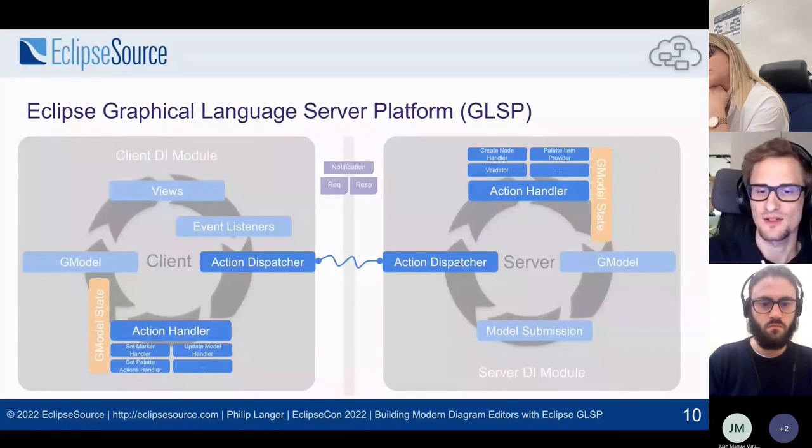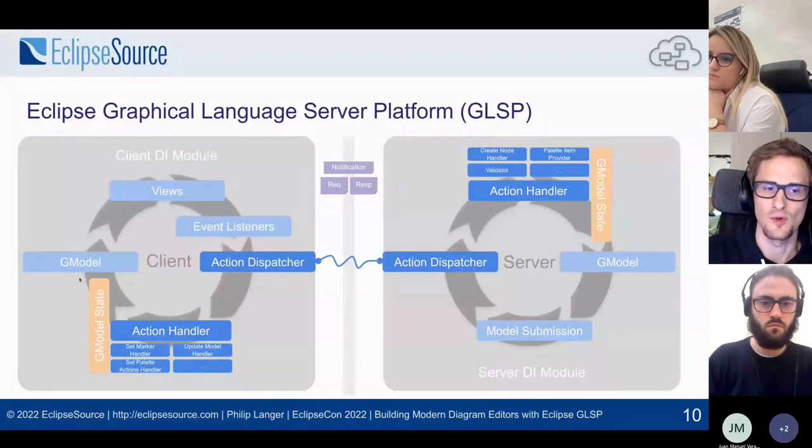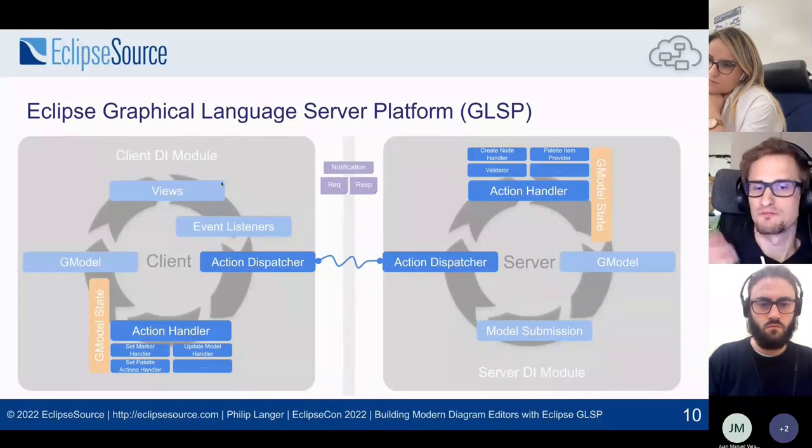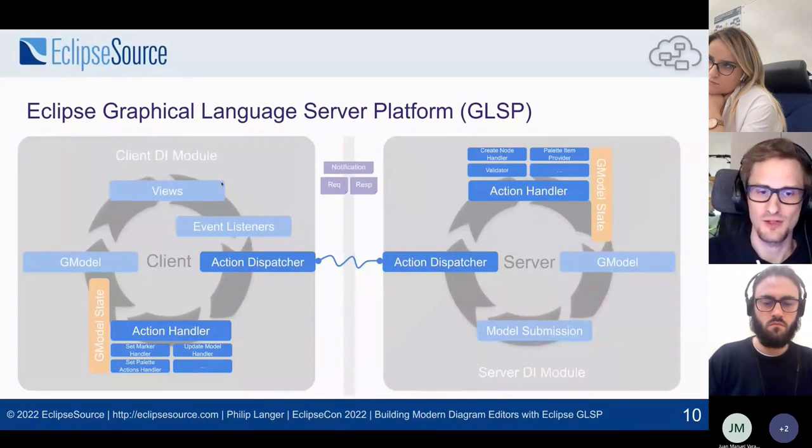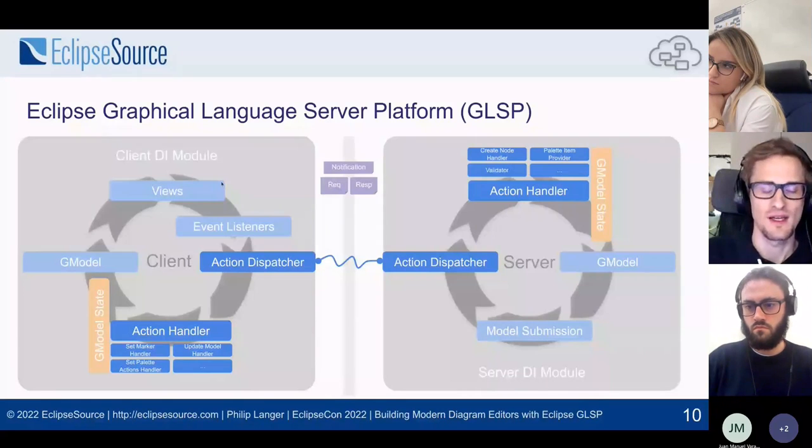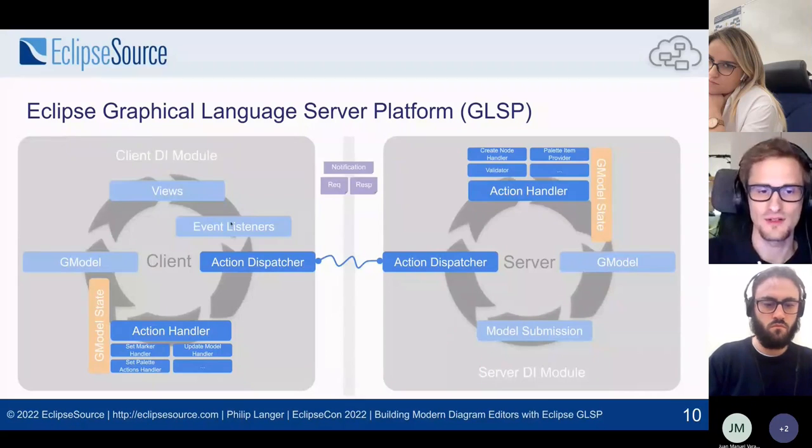So it will send this action over the wire to the client, which then has here again an action handler registered for this action to translate this graphical model into the views based on Sprotty. And then, of course, the view is updated in the actual browser rendering. And then on top of that, you have event listeners like key or mouse listeners that can then trigger sending